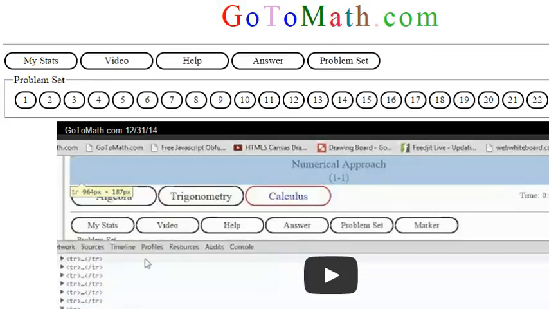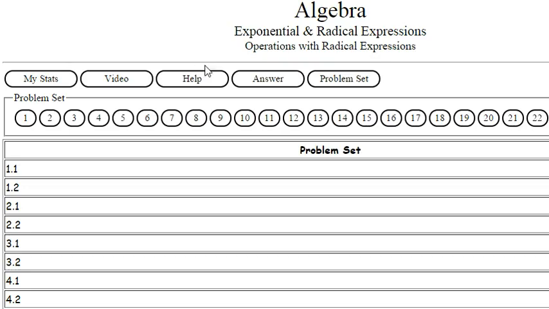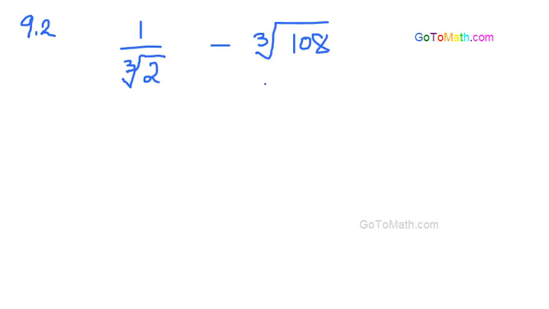Okay, we're going to go to math.com, click on the Algebra Operations with radicals, and we're going to be looking at 9.2. So we have 1 over the cube root of 2 minus 3 times the cube root of 108. So what I want to do here is I'm going to go ahead and get rid of this, but